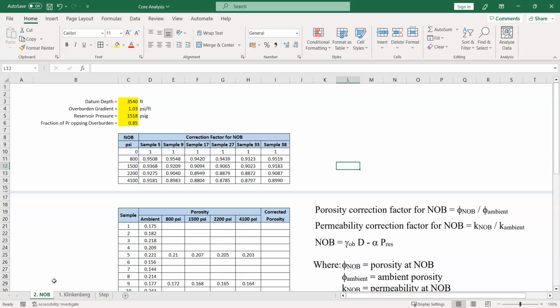Normally, these selected measurements are made at several values of net overburden stress, or NOB, and included in the report. So hopefully now we can learn something from that, where we already have the correction factor for net overburden stress, let's say from a core analysis report, and we also have ambient porosity data. What is the corrected porosity that we can use in our analysis and simulation? That's the idea here, and this is our case. I take this material from